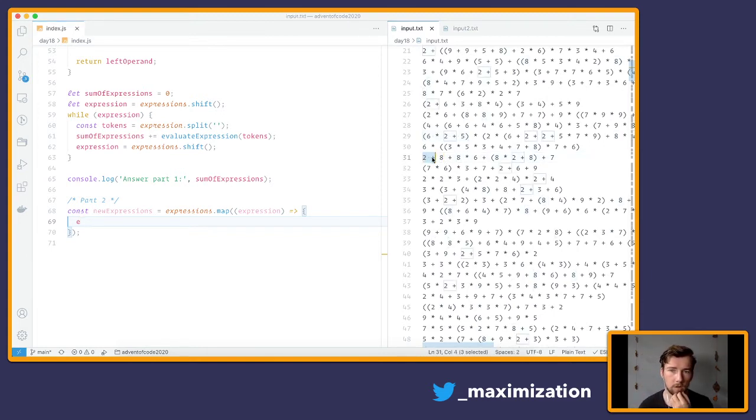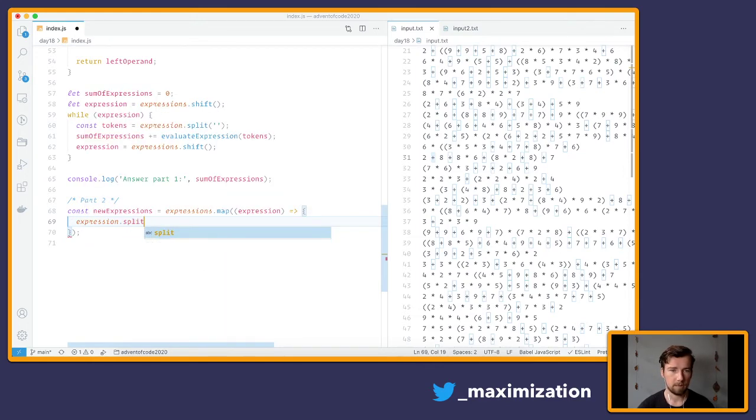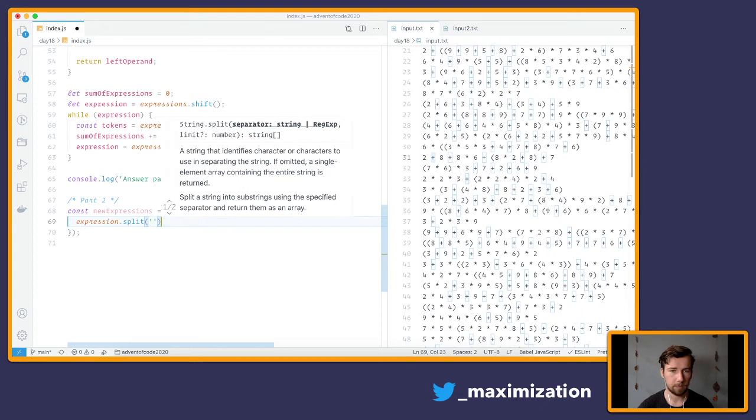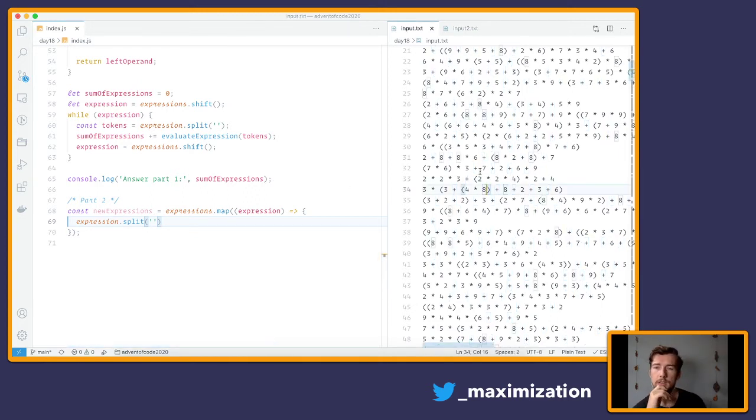We need to loop through, so maybe we split it and then we loop it and we find the plus, and then when you find the plus,